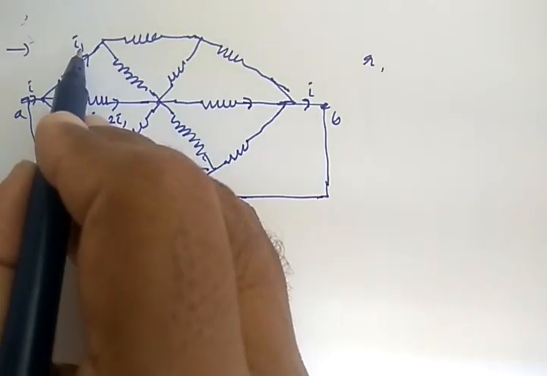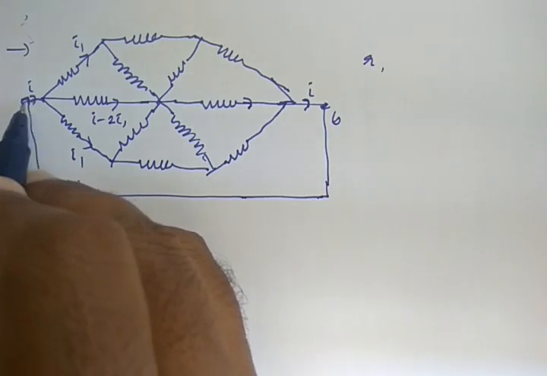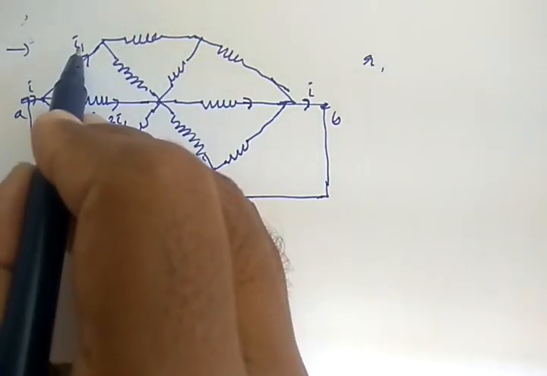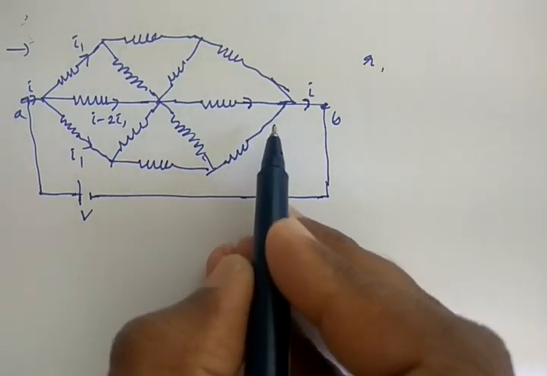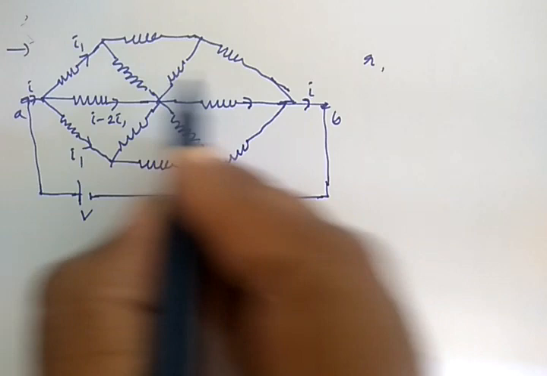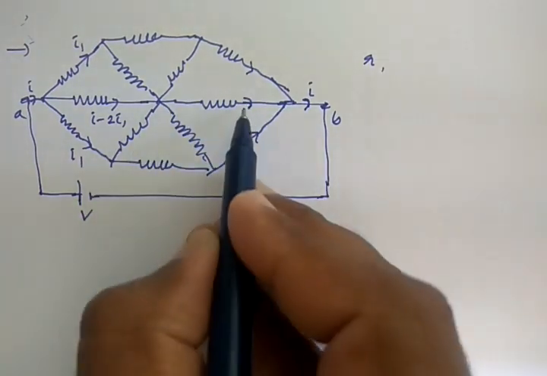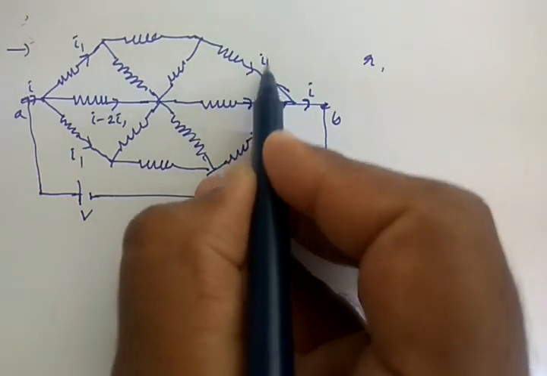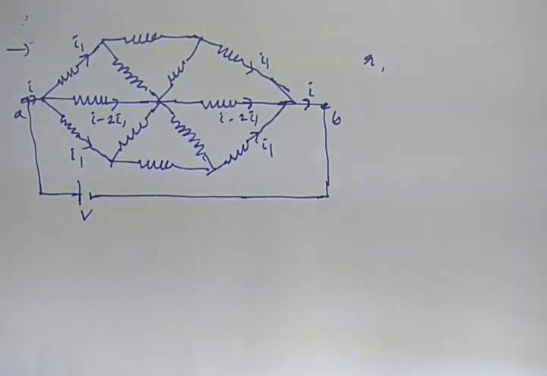And if I1 is going through this and this connection is similar, the battery is supplying I1 current to this and I1 current to this, then the negative terminal of the battery must get I1 from this and I1 from this and I minus 2 I1 from here. So now this is I1, this is I1, I minus 2 I1.